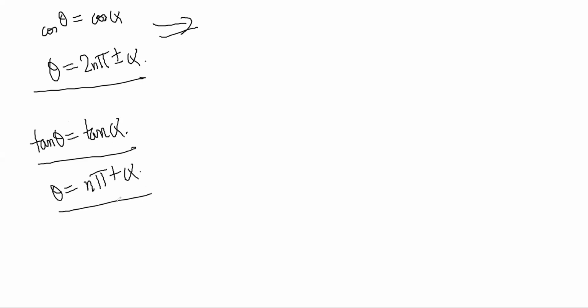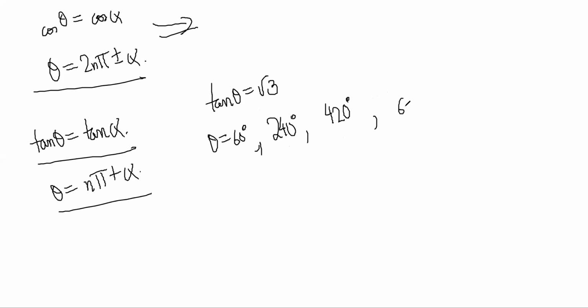Okay. So, for example, let's say tan theta is equal to root 3. Tell me which angle? 60 degree. What other angles? Third quadrant angle, 240 degree, right? Because in the third quadrant tan is positive, no? Then 2 pi plus 60, so 360 plus 60, so 420 degree, right? And so on, 2 pi plus this. So 360 plus this, 600 degree will be the next one. These are the possible values of the angles for which tan theta is root 3.